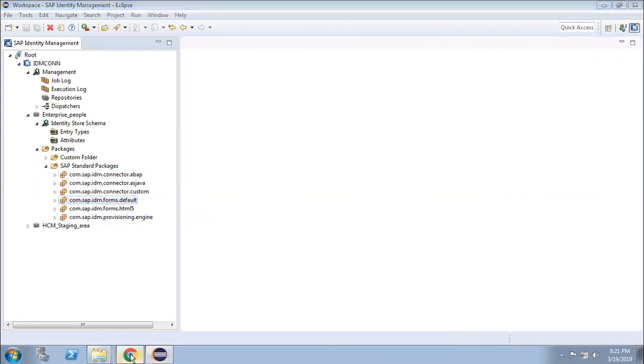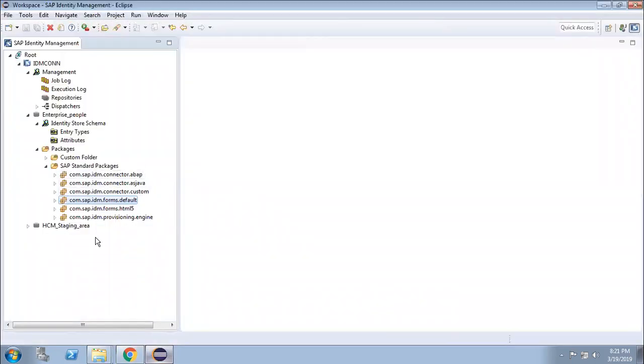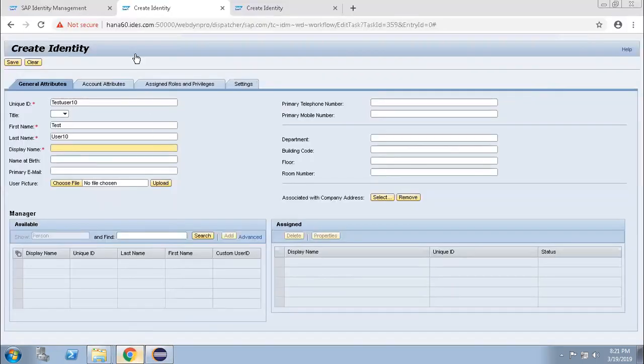You need to have one user ID in order to access Eclipse and the UI. That you are already done. Once you import the standard packages, you will automatically get all those things.